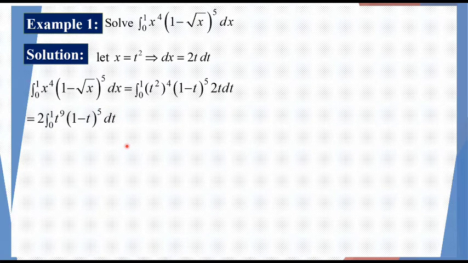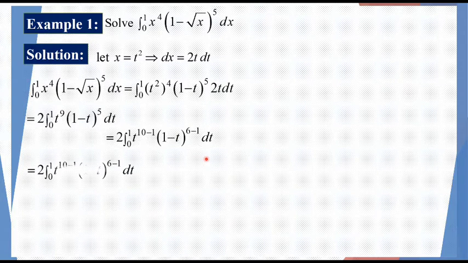So it is almost in the form of a beta function. We can rewrite it as integral 0 to 1 t raised to power 10 minus 1 into (1 minus t) raised to power 6 minus 1, so that the basic value of the integration does not change. Now it is in the form of a beta function, because integral 0 to 1 x raised to power m minus 1 (1 minus x) raised to power n minus 1 dx is converted into beta m n. So it will be beta 10, 6,